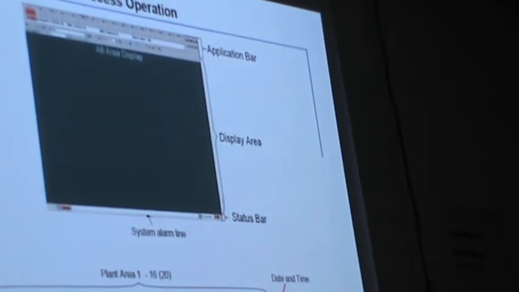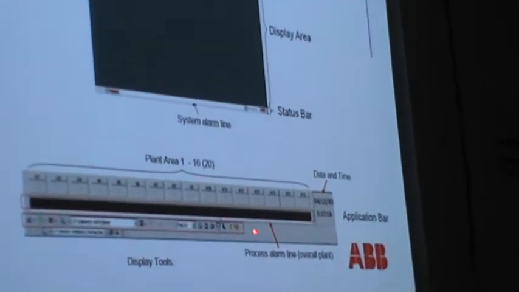This is called the alarm bar, and the alarm line is a full line that displays the latest alarm. For each and every area you will get the alarm list in the bar. If you click, it will show you the alarm list. And you have some tools here like trend, print, options, overview tools.